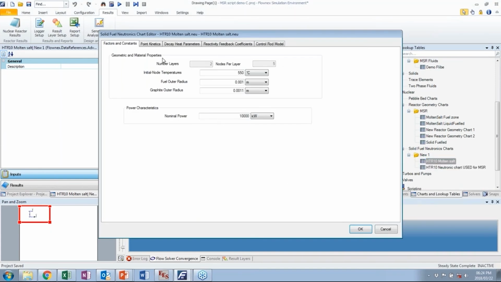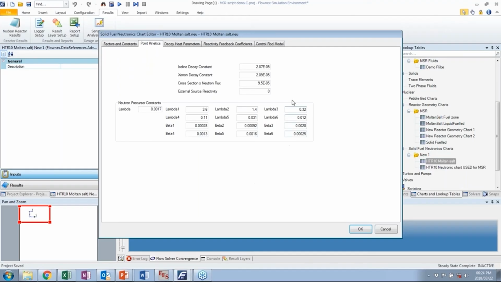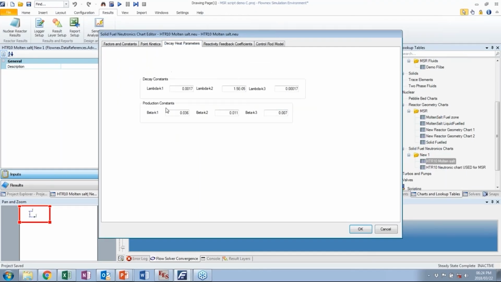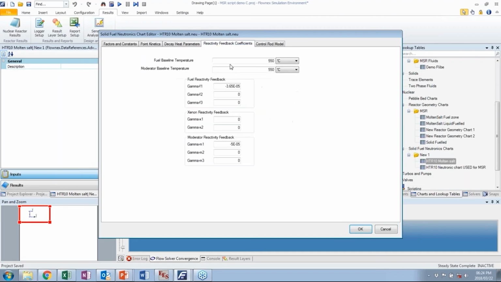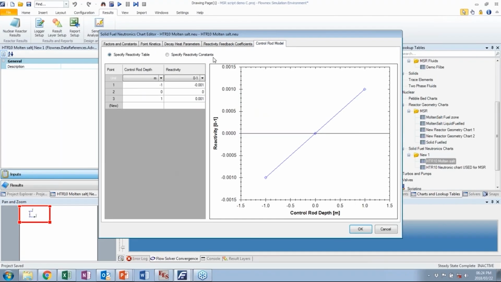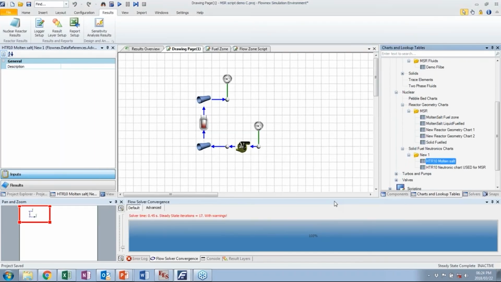So this chart is based on a 6-group points kinetic model, and there I can add all my neutronic precursor constant values, my decay heat parameters, my reactivity feedback coefficients, and then my control rod influence on reactivity. So important to understand, I will start off with my geometry chart. Then I will specify a neutronic chart. I will link these two, and then that will be assigned